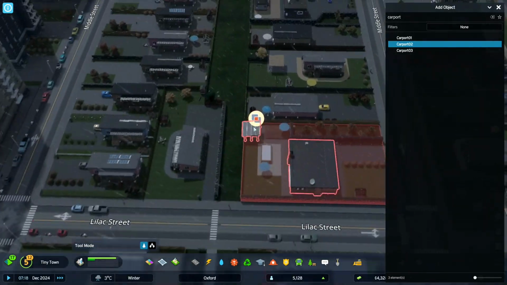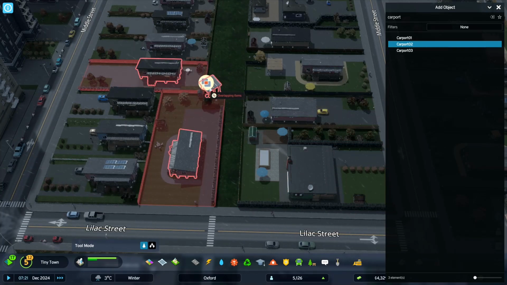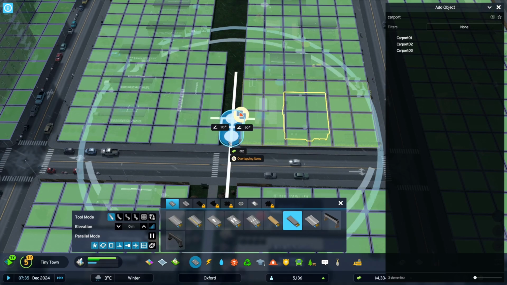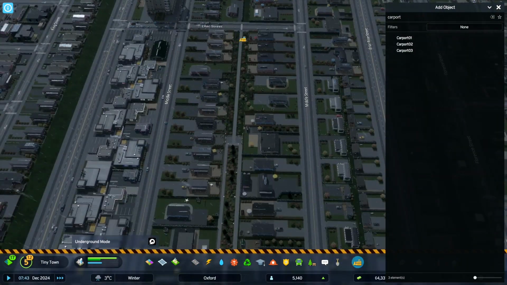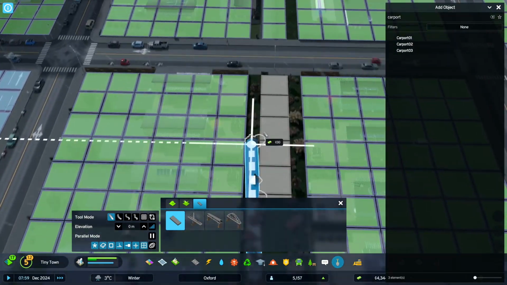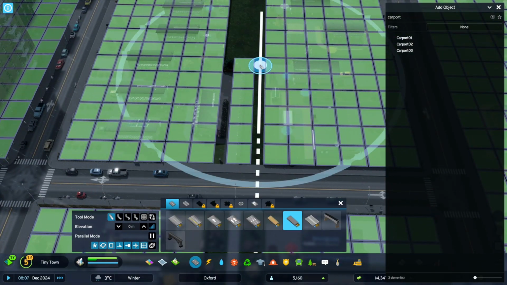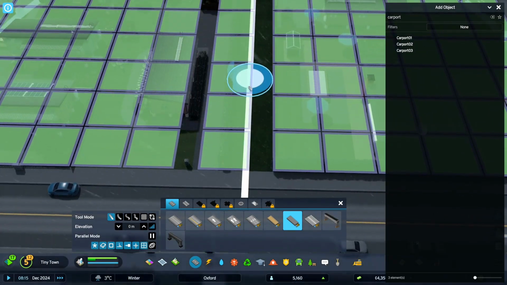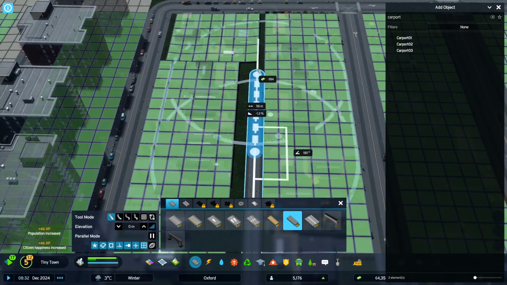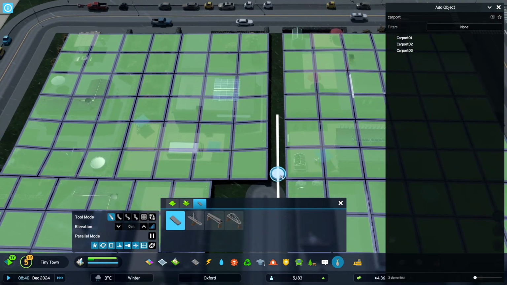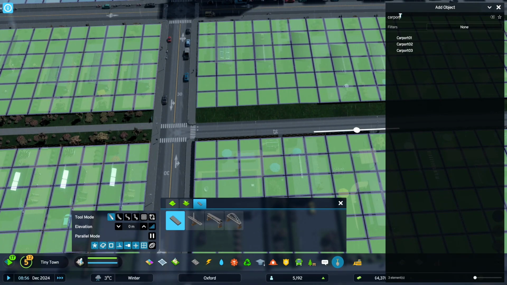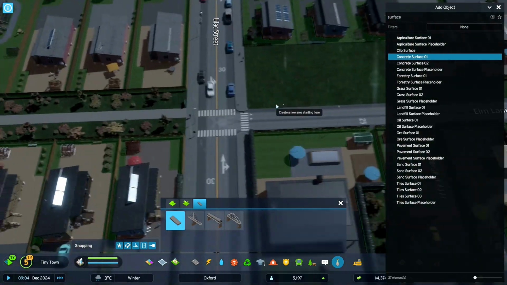So here we are. I've chosen to do this section here. It's at the back of a few residential areas. It's got the perfect gap for one of those alleyways. I'm just changing this to get rid of that zebra crossing, because otherwise it's causing a zebra crossing straight onto an intersection. So I think the idea here is to make it look like this is parking at the rear of the building.